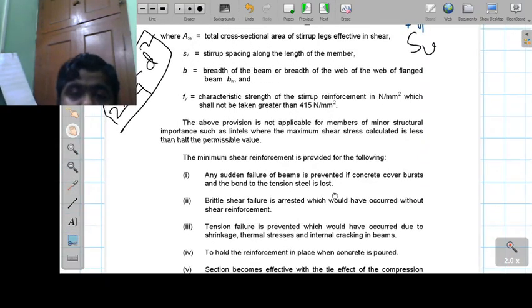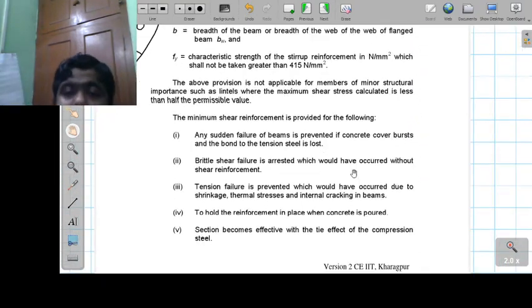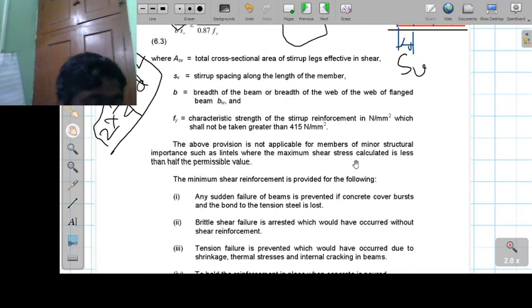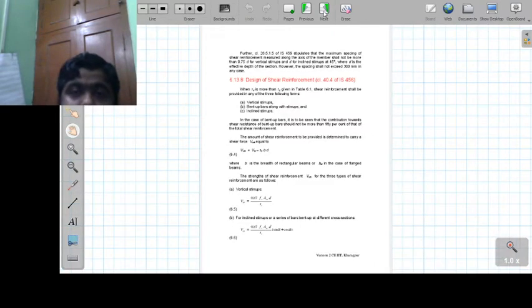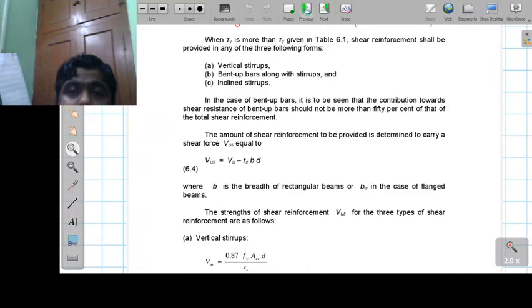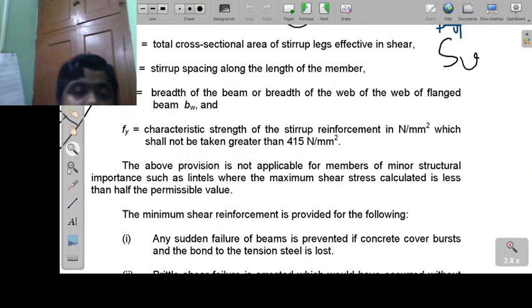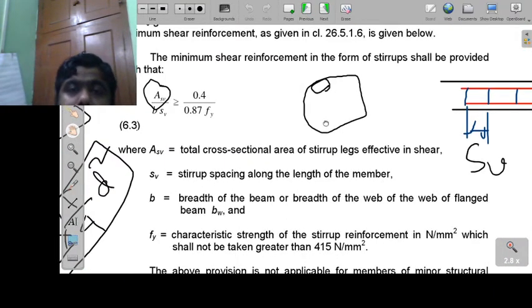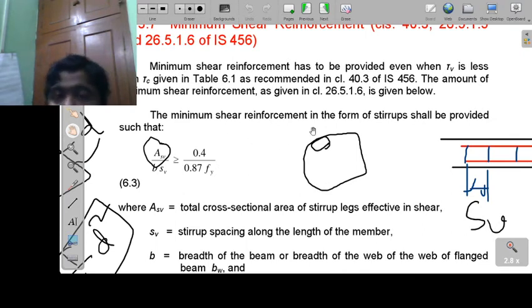If nominal shear stress is less than the design shear stress as per the code book, then we are not going to provide the full shear reinforcement, rather we will provide the minimum shear reinforcement that I have shown you as per this clause. Minimum shear reinforcement as per these equations is to be provided when tau v is less than